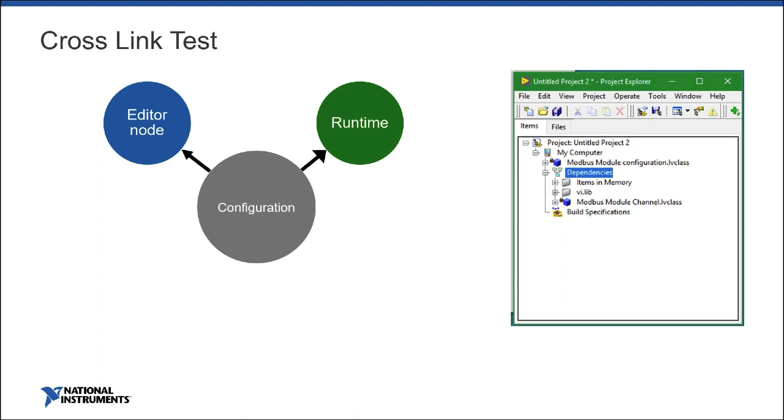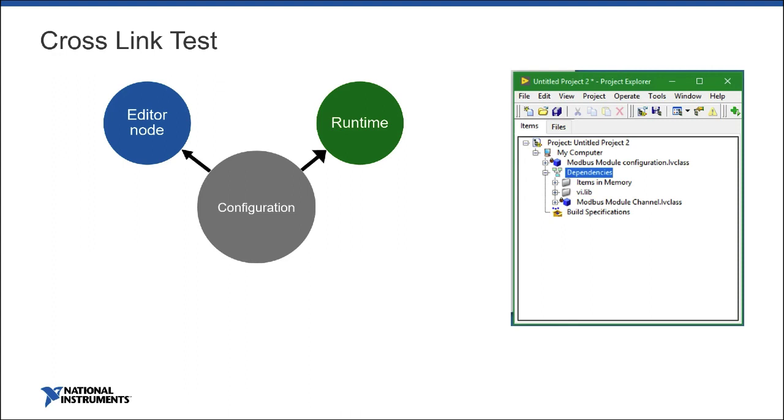One of the biggest problems with cross-linking, especially when you're working on multiple targets, is that if you open a class in the compact region and a class in LabVIEW, if it's open in both in the same project, they lock. So one of the ways we get around that is that all our modules are split into 3 classes. We have a configuration class, a really simple class that contains the data, all the common components, and to string and from string methods, so we can save it to disk, and that's it.